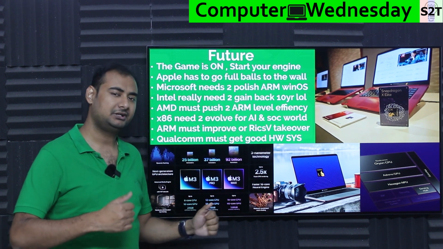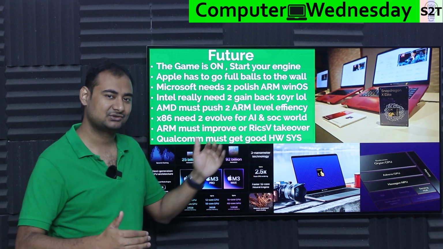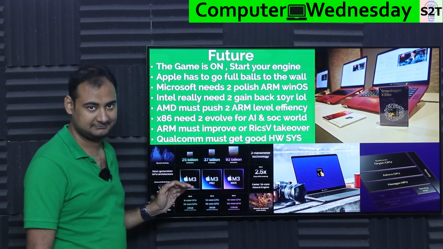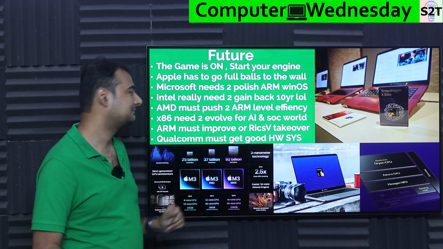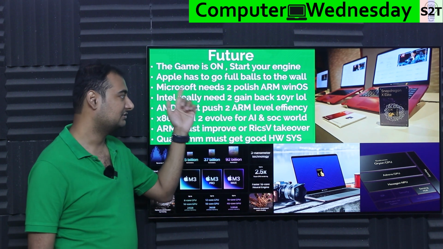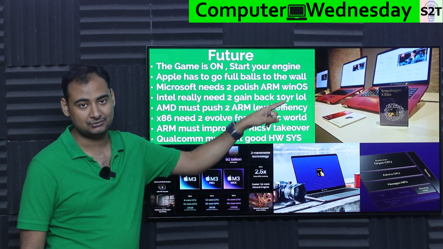They cannot be like, we're good, we are just chilling, we are so ahead. No. You're gonna be like, whew. So they really have to go all in. They no longer have the edge. Then we come to Microsoft. They really need to get this stuff sorted, because if they do not polish the ARM variant of the Windows OS,